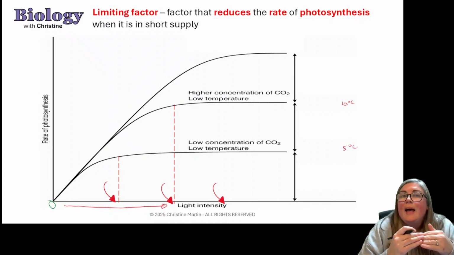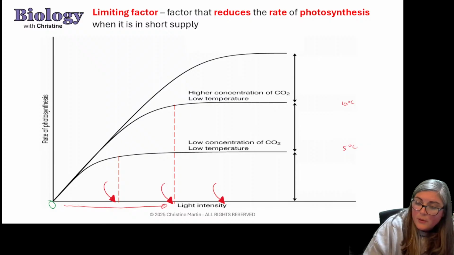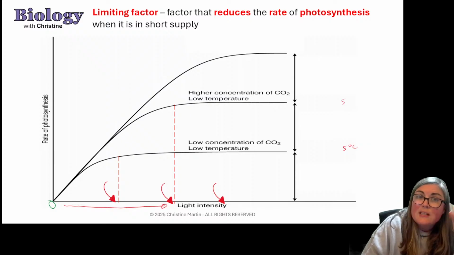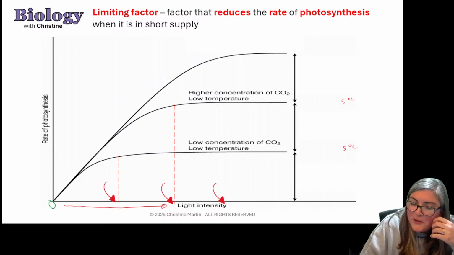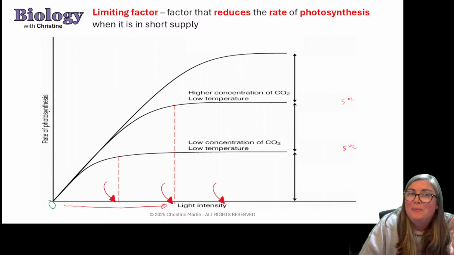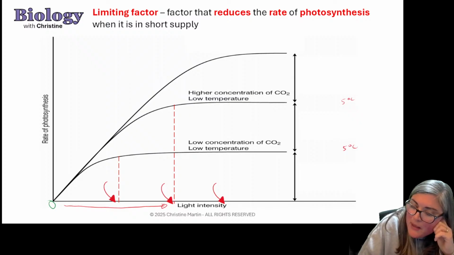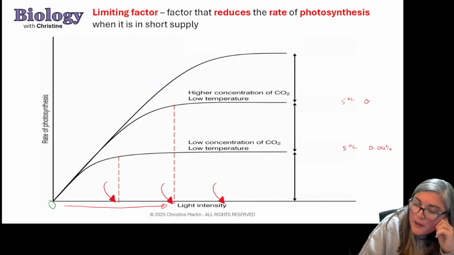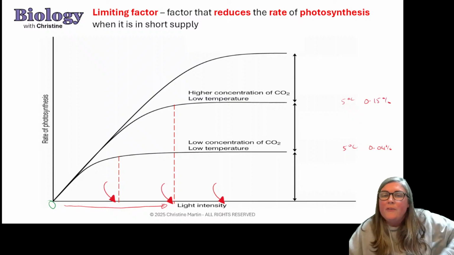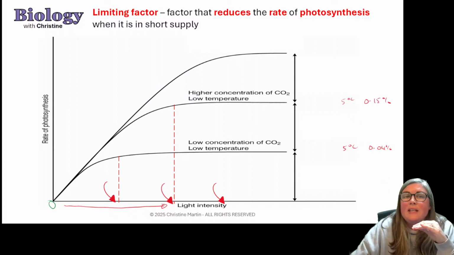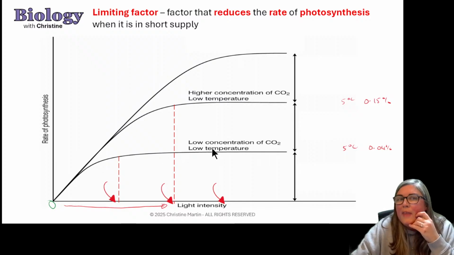Therefore, I have, no, that's not what I want to do. Try that again, because that's still low. 5 degrees C on both of them. However, my carbon dioxide concentration, see, doing this live, you make mistakes. Maybe this is 0.04% and this is 0.15%. So if I have a different low temperature, low carbon dioxide concentration, higher carbon dioxide concentration, when the line